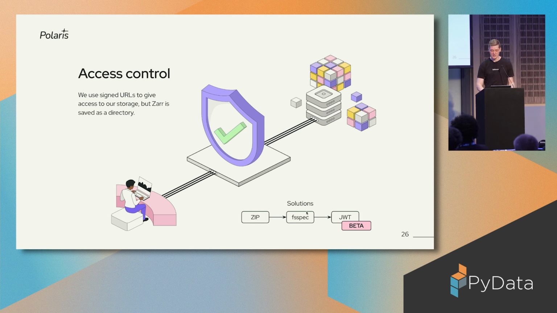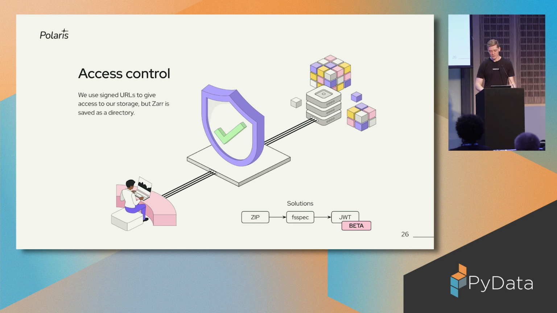So the next thing we did is we actually implemented a custom FSSpec specification that allowed us to traverse the cloud bucket and just create signed URLs whenever we needed them. That worked, but it came with a bit of a performance penalty because we had to do multiple requests, whereas normally that would just be a single request. And also all of the optimizations that had been done on accessing the cloud bucket that we were using, we had to re-implement them ourselves or sort of cleverly reuse them, but that